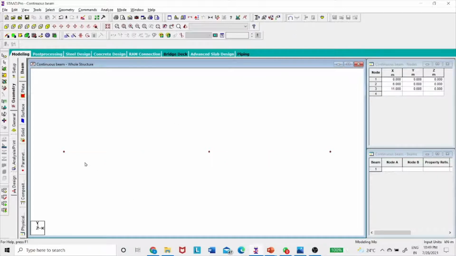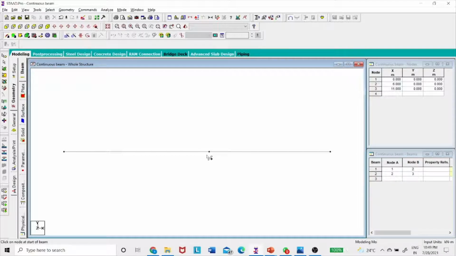Now between these nodes you have to add the members. Click on add beam, click on the first node, and then the second. Now click on the second node and then the third. Sometimes some students click on the first and the third node, so that the entire beam becomes one unit.